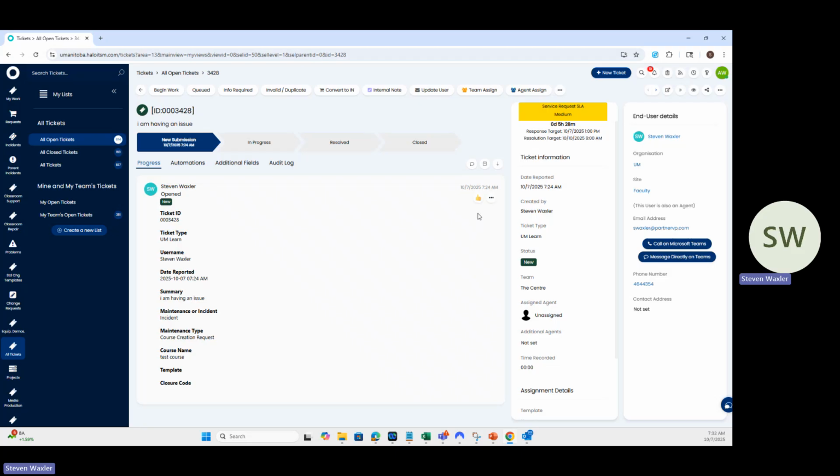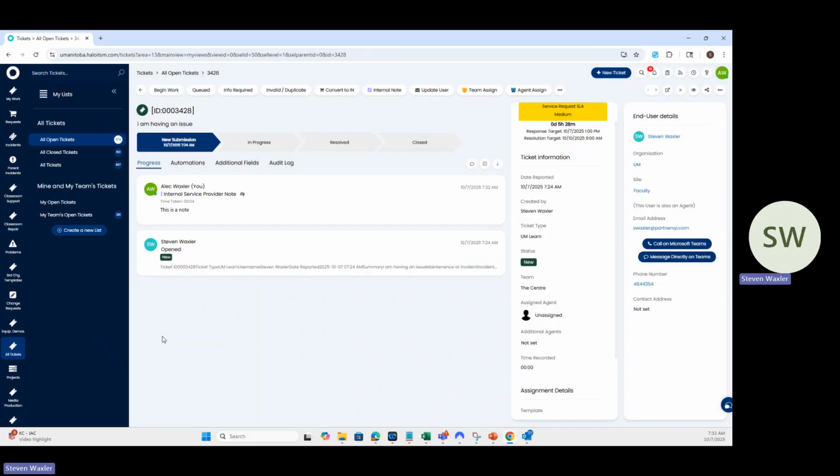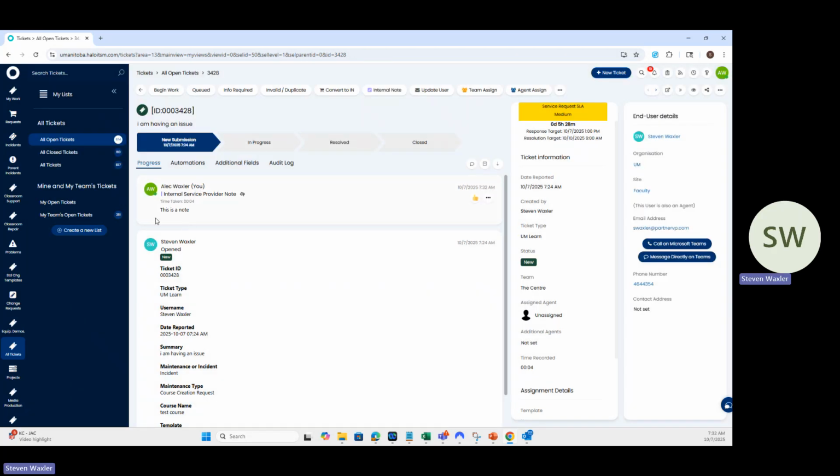So let me use this opportunity to provide an overview of the ticket. Firstly, I'm looking at the ticket area, and the ticket area is broken up into multiple tabs. The first tab, the Progress tab, the purpose there is to show me any activity that has transpired against this particular ticket. As we work through the ticket, there will be additional activity that shows up in the progress area. As an example, I could come in here as an agent and add a note. Okay. Now that I've added the note, you can see that that action has been added to the Progress